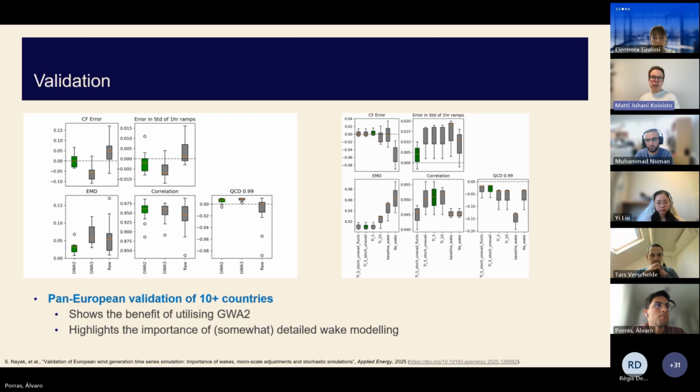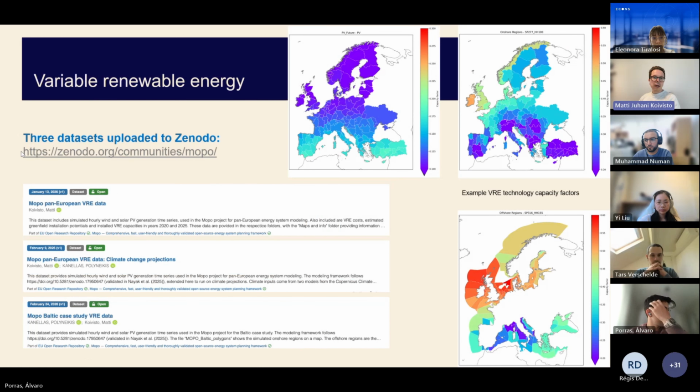And I think then I'm already ready for the final slide, I think, in my part. So here is just to remind that, I went through a little bit on the modeling, but here if you want to take a deeper look, because obviously this time is only for a general overview, we have provided 3 entries in the scenario. So we have this VRE data, the time series, the costs, land availability, and driven potentials, and so forth, over 40 years. You can find that in this Zenodo. There's a little bit of maps, solar, offshore wind, onshore wind capacity factors that are then used in the energy system modeling and the scenarios in Mopo.